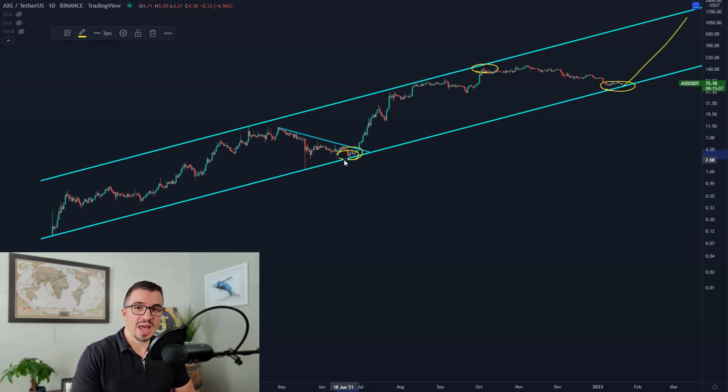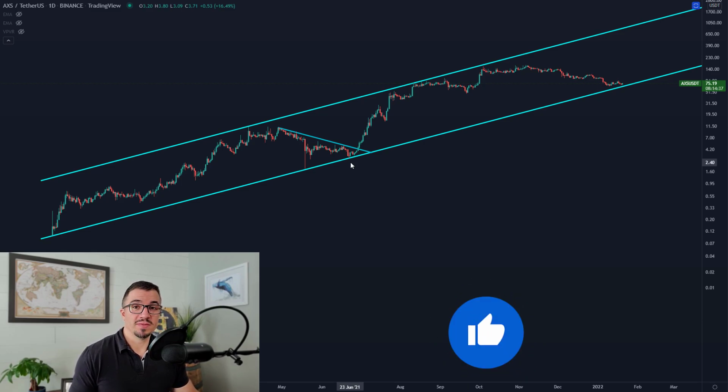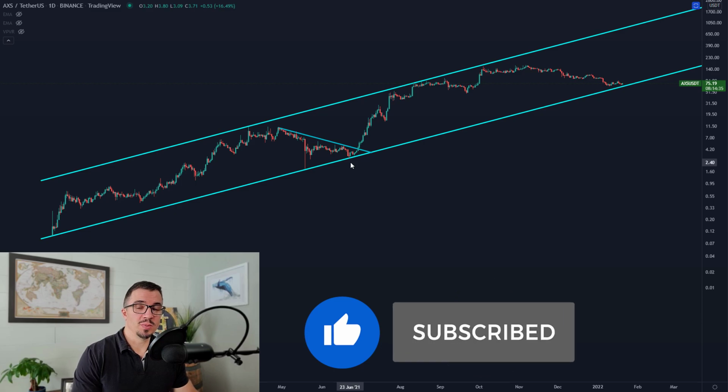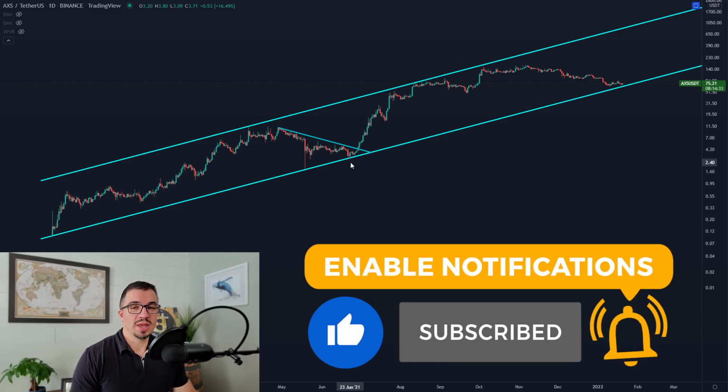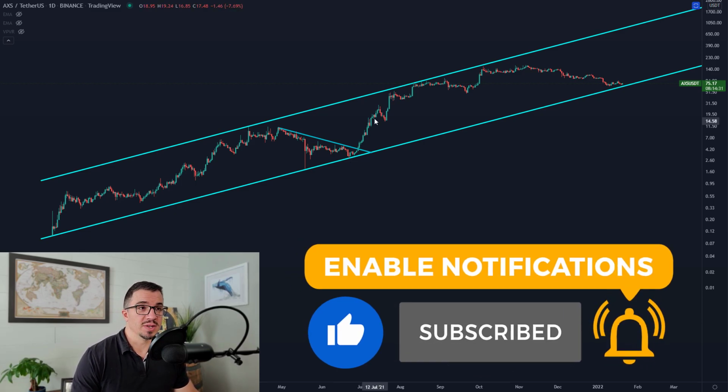It's going to take a lot more capital to move the market higher. The same thing applies to Bitcoin. It's why we get diminishing returns every cycle. Now, with all of that said, it does not mean that Axie Infinity cannot move higher, because I think it can, especially if we see Bitcoin start to pump, which we're getting a little bit of a move today. But if we do see the market move up toward that $50,000 to $53,000 area on Bitcoin, which I've been talking about, then I do think we get a nice move here from Axie Infinity as well.